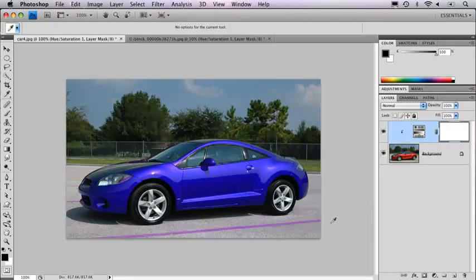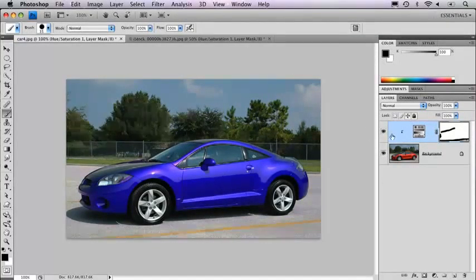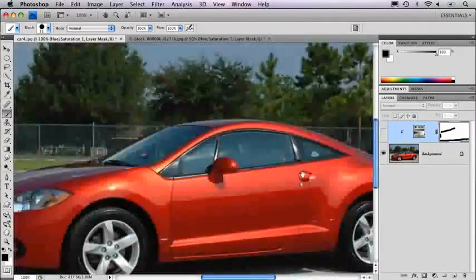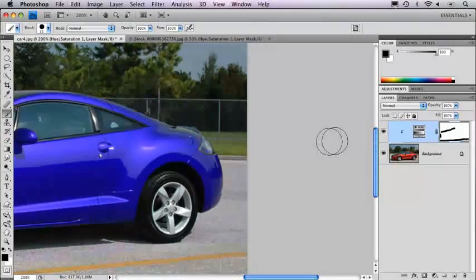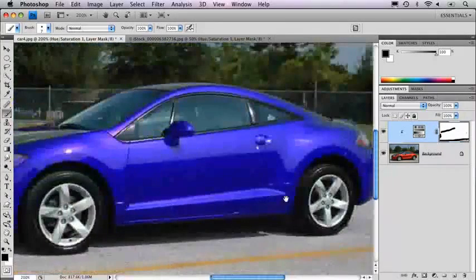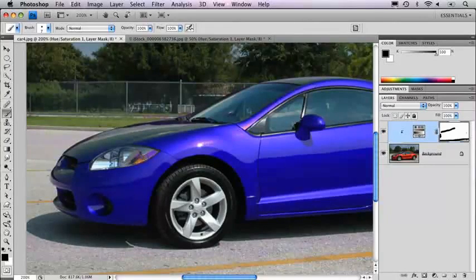But again, not a big deal to take the paintbrush and paint with black over the areas that you don't want to be affected. So if you notice any, you can pretty much turn on and off and see very easily. Now, there are a couple of places, for example, the tail light here, that's being affected as well. So I would have to go in and alter that. But you see, it's a whole lot easier and quicker. It's a whole lot easier to do that this way